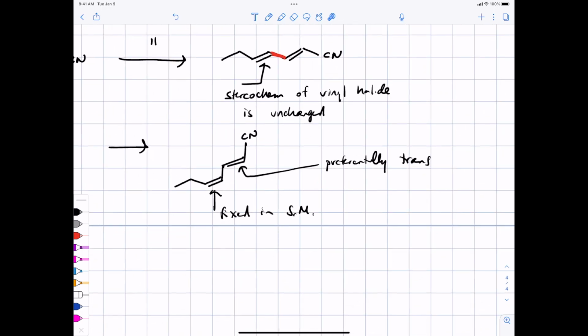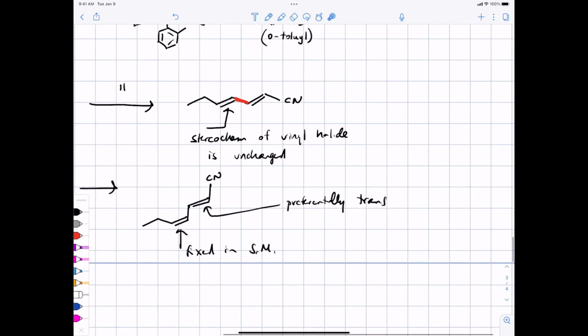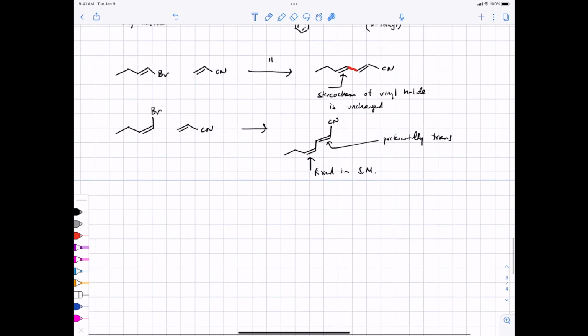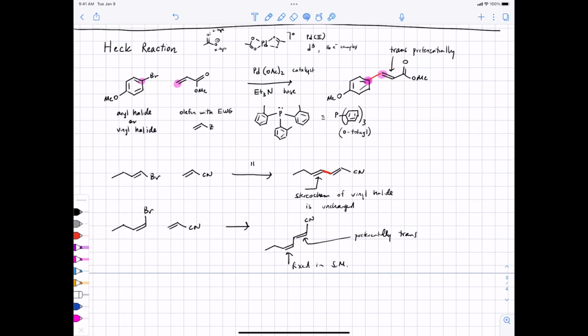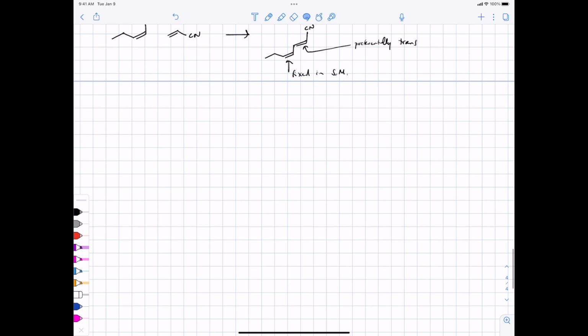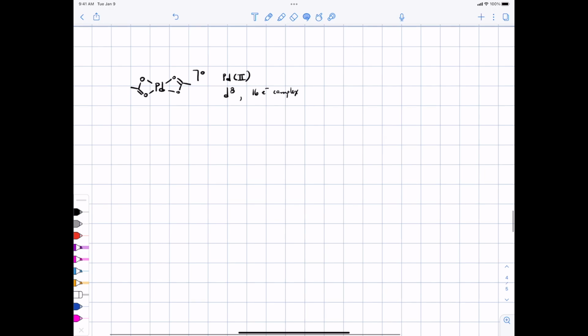All right. What I mean is this double bond from the olefin is going to be preferentially trans, but the one from the vinyl halide starting material, that stereochemistry comes from the starting material and doesn't change. All right. Let's do mechanism. This mechanism is a little bit weird because it turns out that what you put in, palladium 2, is not the active catalyst. You might ask at this point, well, why not just throw in the active catalyst? Wouldn't that work better? And the answer is, I don't know, maybe they tried that and it didn't work